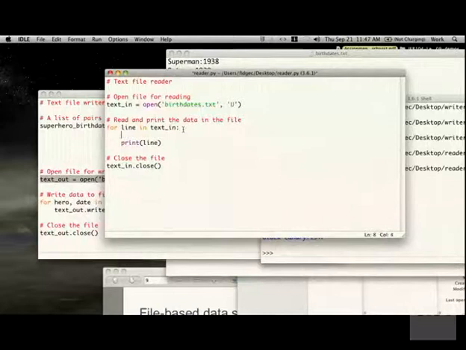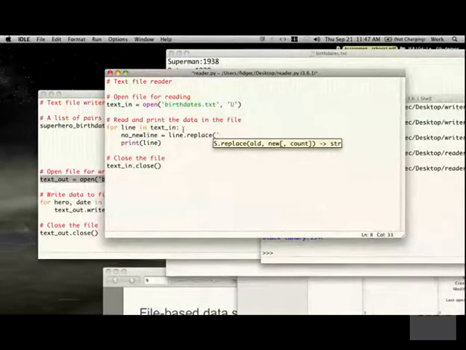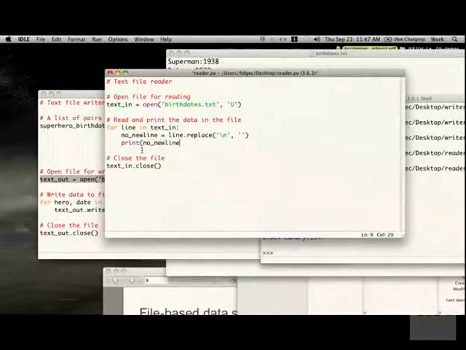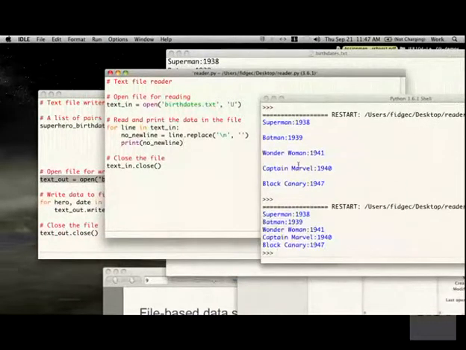Which way will I do it? I'll do it this way because it's sort of more obvious. I'll say no new line is going to be the line. This is just one way of doing this with the new line character. Remember, it's just a character. I'm going to replace it with nothing. Okay, so now I'm stripping off that new line character from the end of the line, and when I print the lines with the line feeds at the end removed, hopefully I'll get something that looks a bit better. Okay, so now I don't have those extra new lines all over the place,